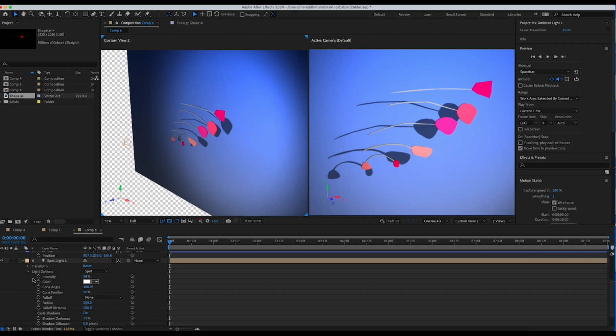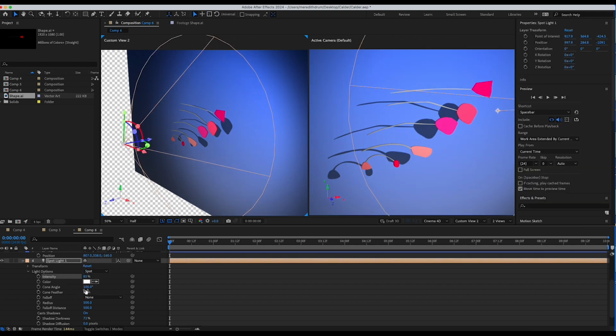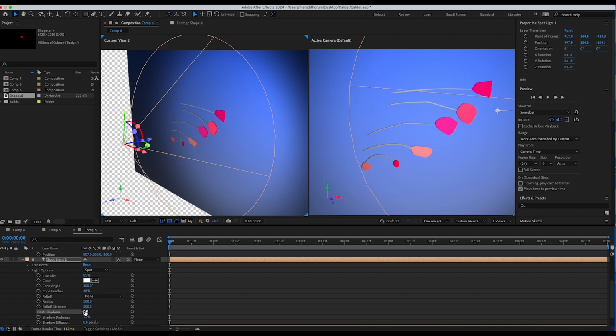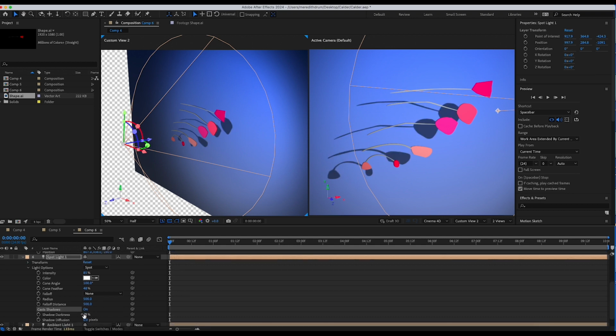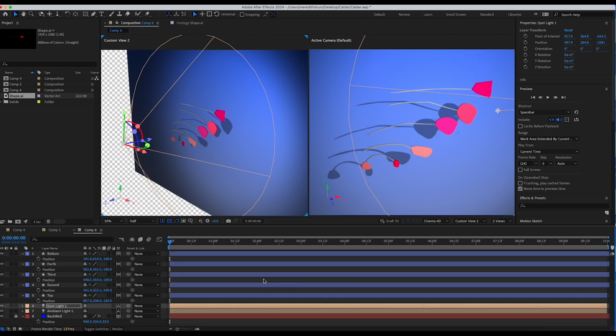Spotlight has a bunch of different things. Its intensity is here. Its cone angle is here. Okay, and its shadows, you can turn off shadows if you wish. Turn on, you can intensify the darkness, or you can bring it down a bit. Okay, the shadow intensity. Okay, so that's the spotlight. That's good. All looks pretty good.